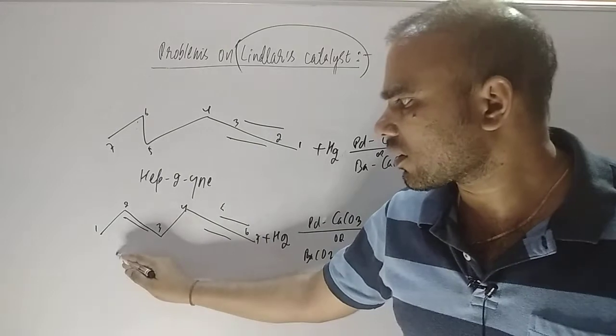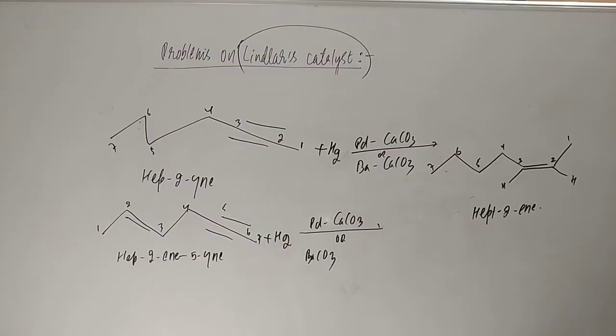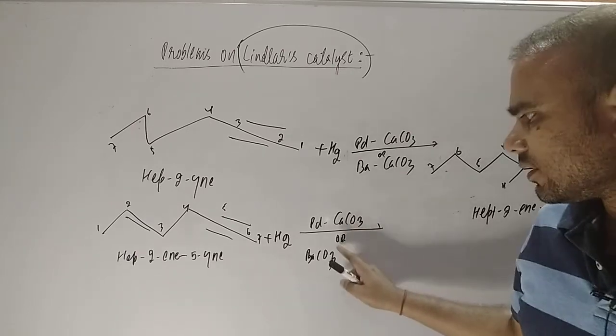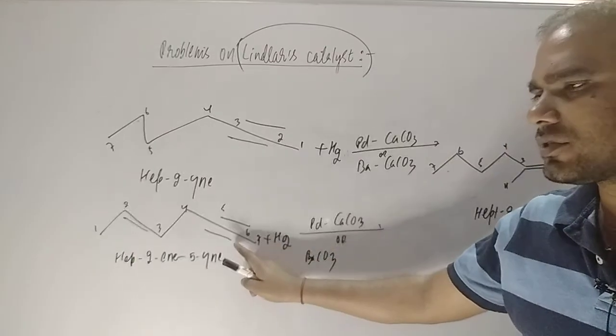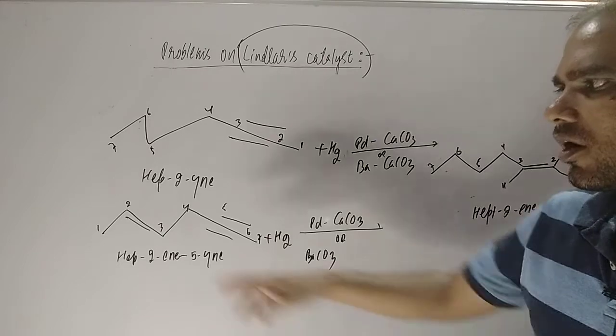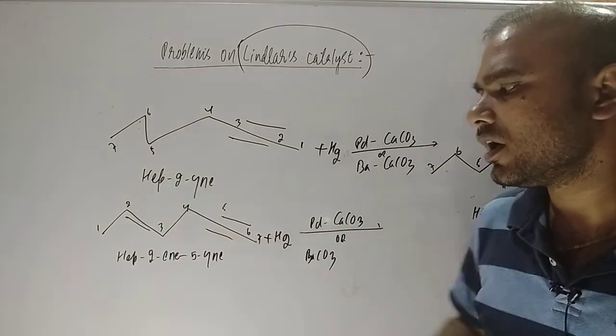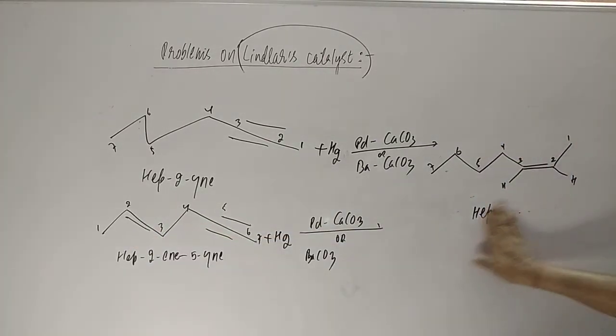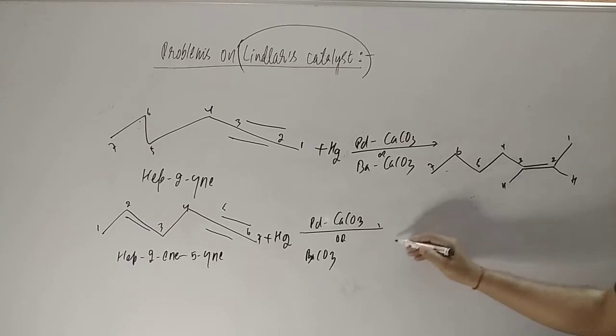So that is if you are talking a student hept. So student, if you see in this molecule what is there, double bond along with the triple bond is there, right? And if double bond and triple bond both are there, so that is Lindlar catalyst only reduces the triple bond to double bond; it is not going to influence the double bond. So what will be the product here?